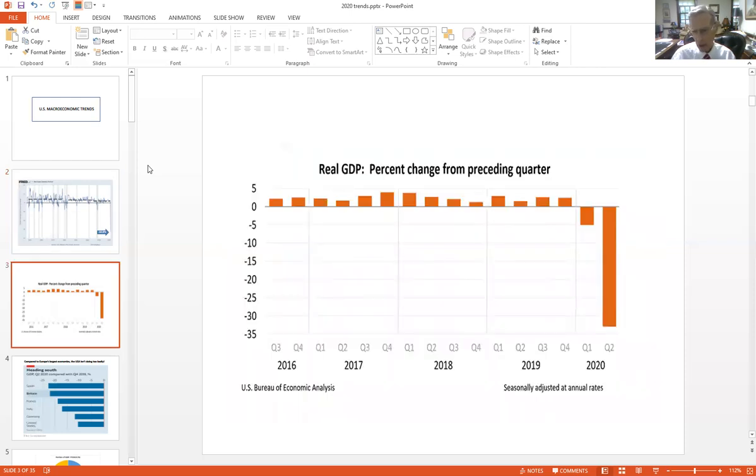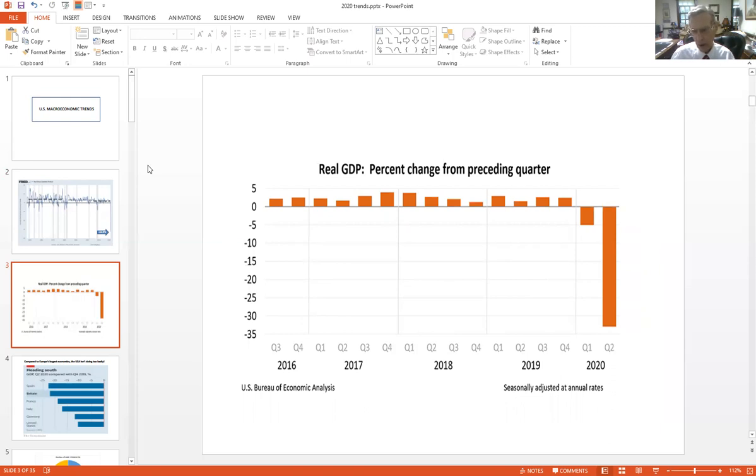Here we can see the changes a little more easily on a quarter by quarter basis. But again, you can see that great big drop. I said the first quarter in the prior graph, it's the second quarter, isn't it? And here we see that 33% drop. The drop began in the first quarter. You can see it was about 5%, but the second quarter was rough. The third quarter will be an improvement. We'll see some forecasts of that shortly.